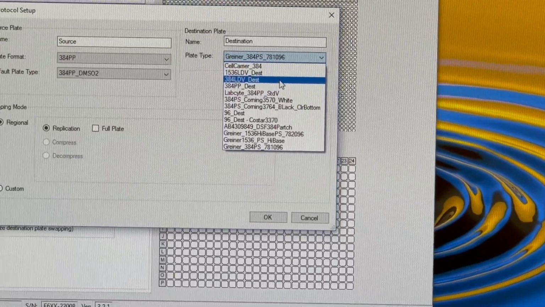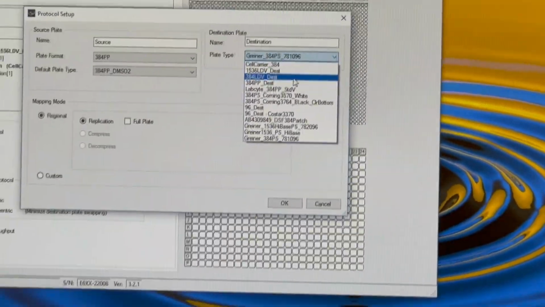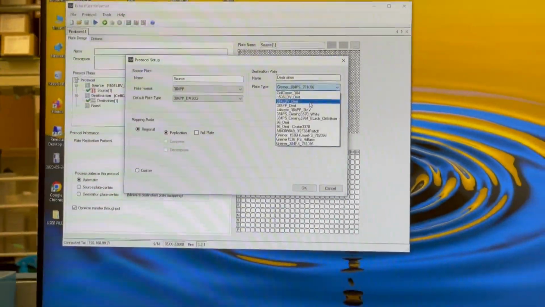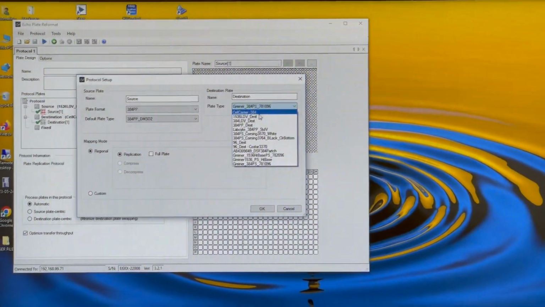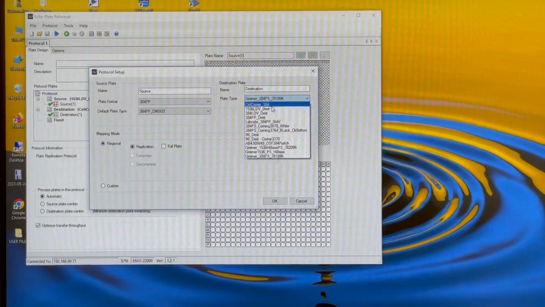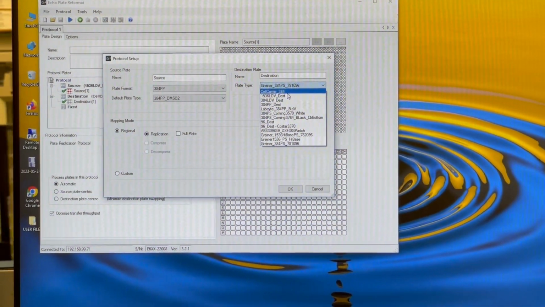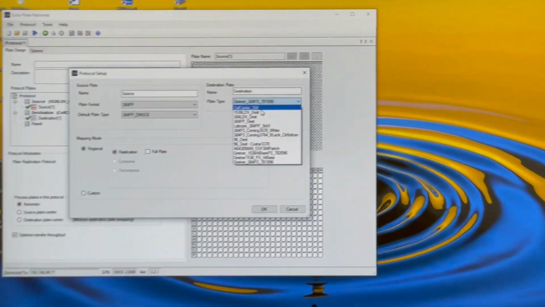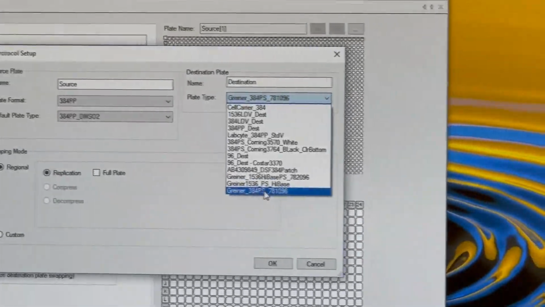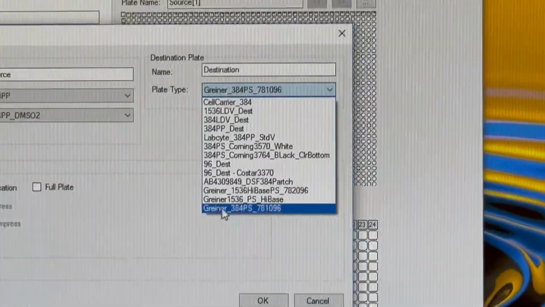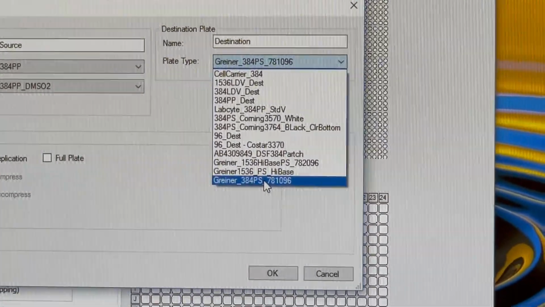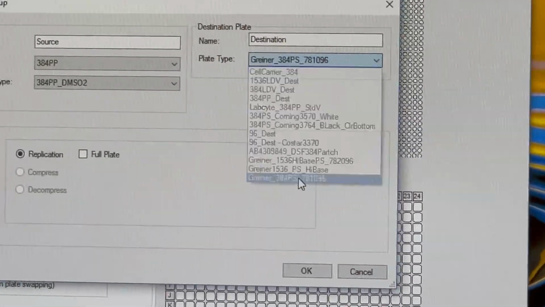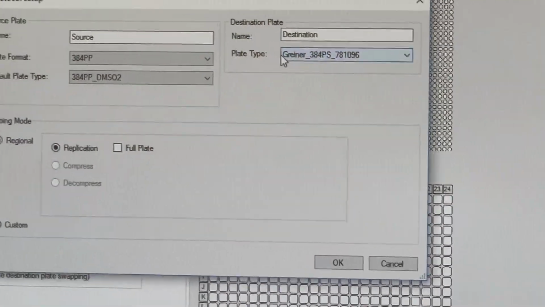So for your experiments, when you do your plate reader assays, like for your 384 well experiment, you'll have something like this plate. This is a Greiner 384 well polystyrene plate.